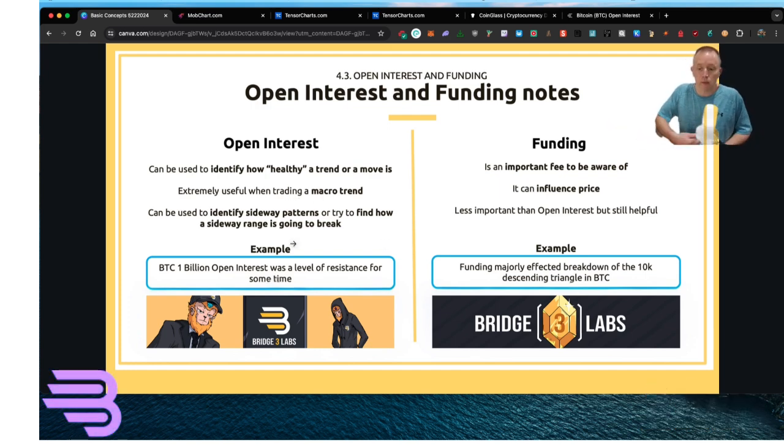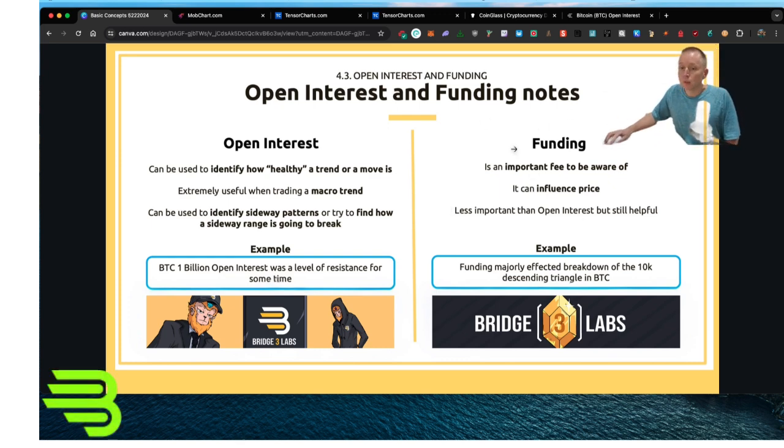More macro. Think about it like, say, Bitcoin: we've been in a bullish trend, right, and hopefully it remains. If you were looking at something like this on a daily level, you'd want to see open interest there to tell you if the trend's going to continue. And if you started to see, and we'll look at it in a minute, open interest in a bullish trend starting to fade or decline while price action was sideways, that would be a sign maybe that it was fixing to break down.